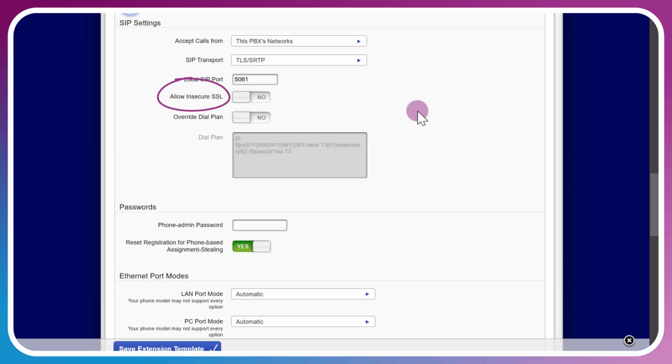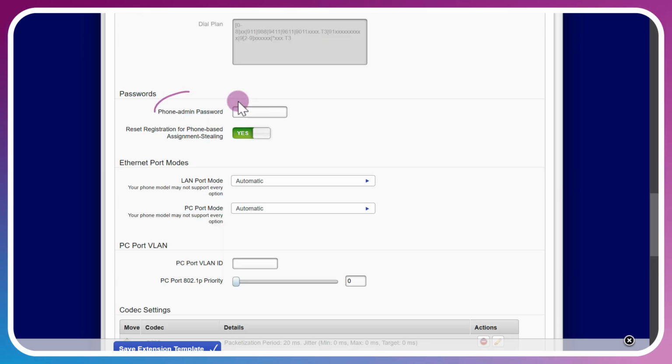If you don't plan on managing and maintaining a third-party SSL certificate and don't want to run into any issues with connecting because of an invalid SSL, toggle this to yes. And any dial plan specific overrides can be customized here. You can set the phone's admin password here, which would access the phone's web interface, as well as can be inputted on the phone to make manual changes.